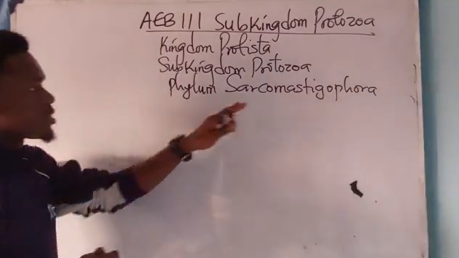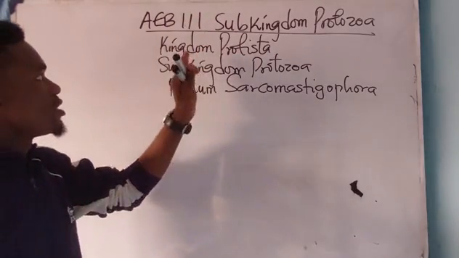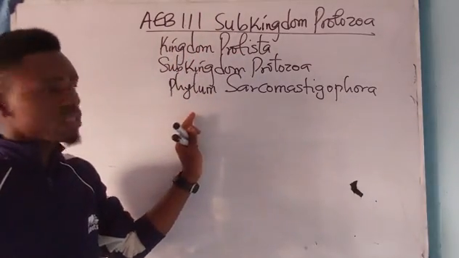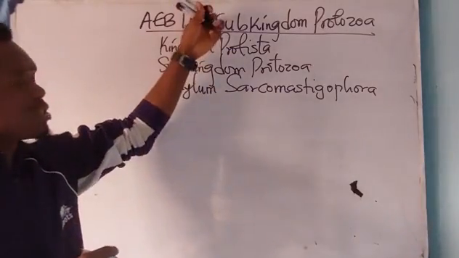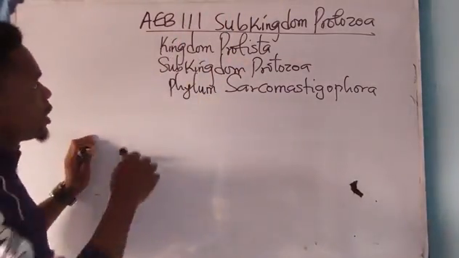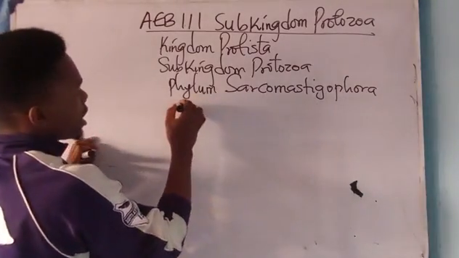We have Phylum Sarcomastigophora. Now, please, this course is a 100 level course in Uniben. So those who will be admitted newly will be offering this course. It is very important. It's a 4 credit load. Now, we have Phylum Sarcomastigophora, and we have